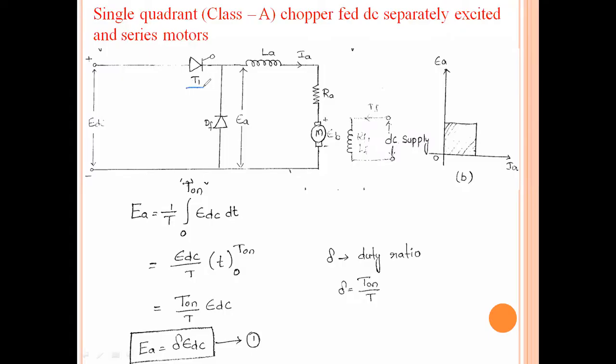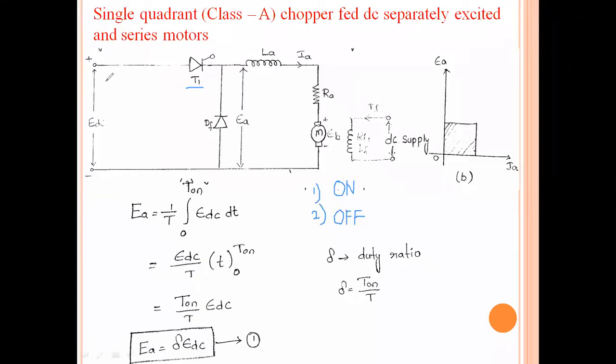Only a single switch, thyristor T1, is used here. So only two possibilities. When thyristor T1 is in on condition, that is the first possibility, and the second possibility is when the thyristor T1 is off. So these are the two possibilities. The operation is very simple because we are having a single switch here. So if we turn on this thyristor T1,